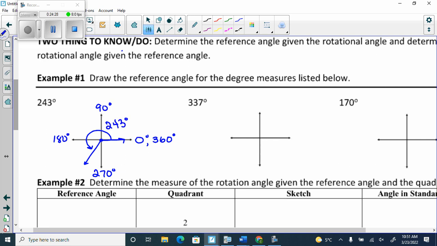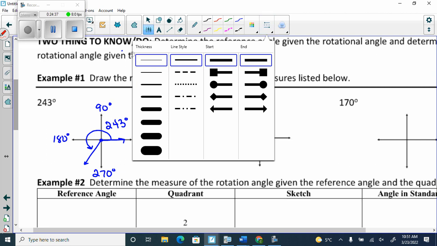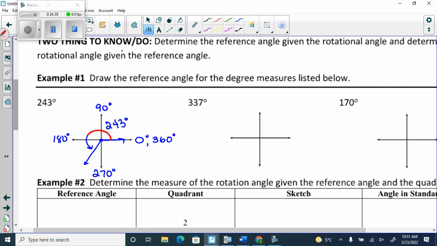Now, quadrant 3, every single time. I am too much of an angle, right? So if I take off this little piece, this is what I don't need, this is what I do need, the little arm, right? I don't need this 180. So if I go 243 and I take off the 180, I'm left with this little angle here, which is 63. So my reference theta